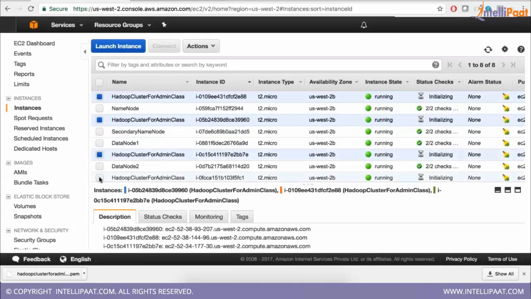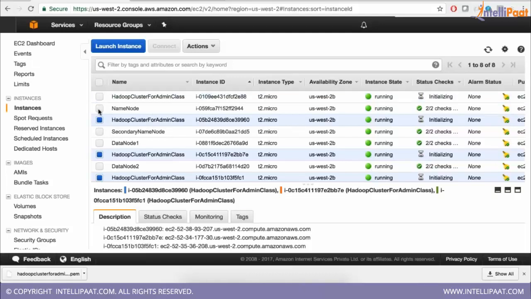Whatever I have marked, these 4 are the 4 new machines which got created now, and all of them are in running state. So now you can go ahead and use these machines for creating a multi-node cluster.